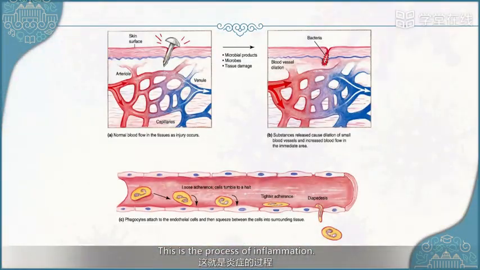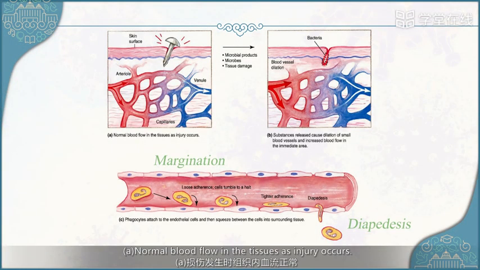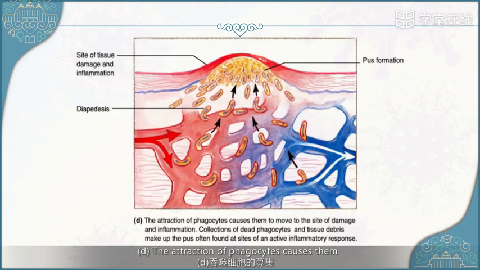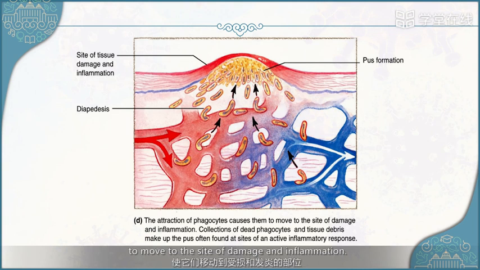This is the process of inflammation. A. Normal blood flow in the tissues as injury occurs. B. Substances released cause dilation of small blood vessels and increase blood flow in the affected area. C. Phagocytes attach to the endothelial cells and then squeeze between the cells into surrounding tissue. D. The attraction of phagocytes causes them to move to the site of damage